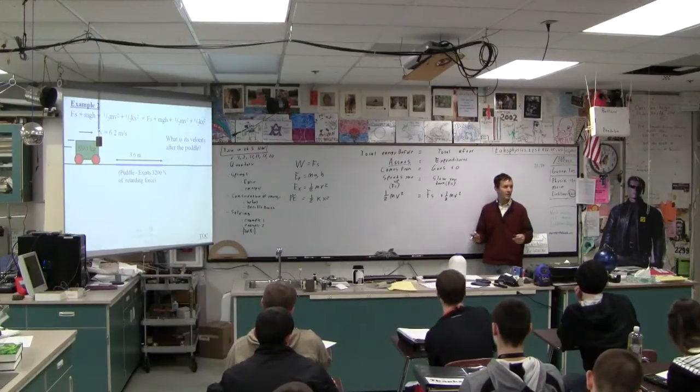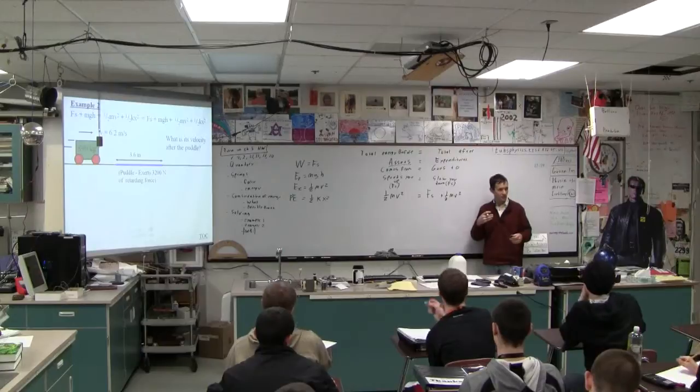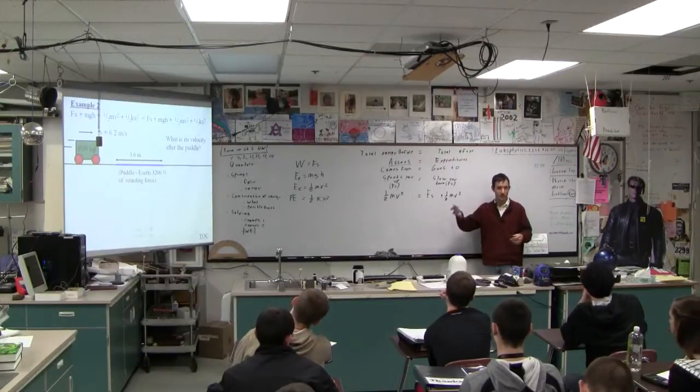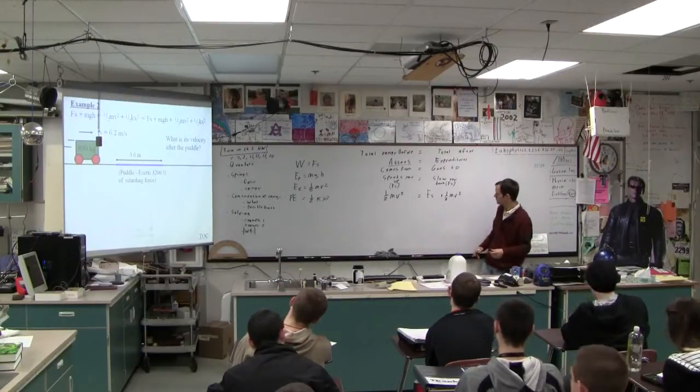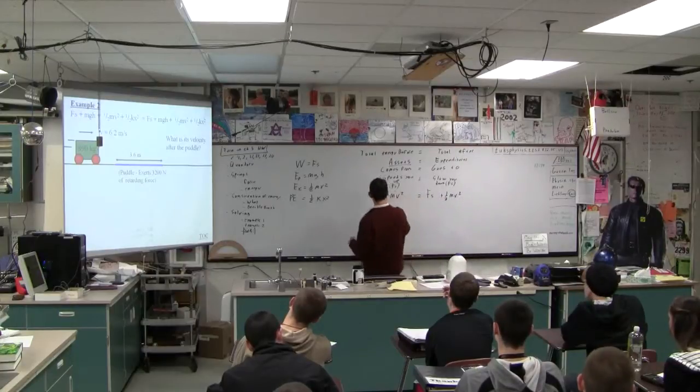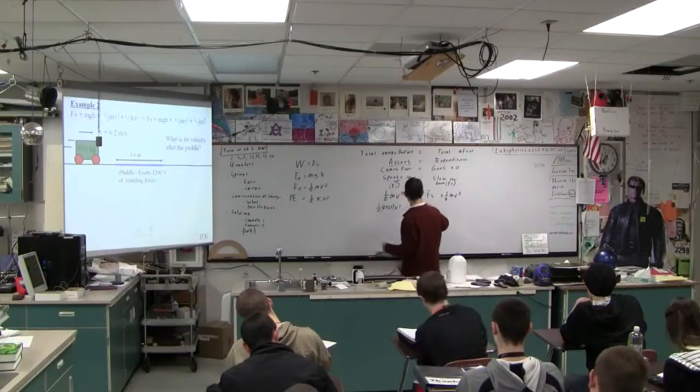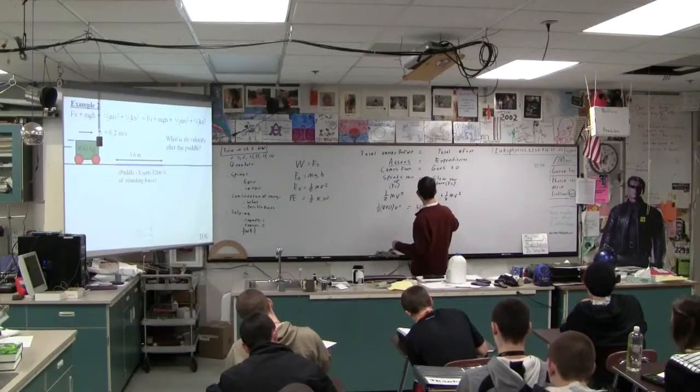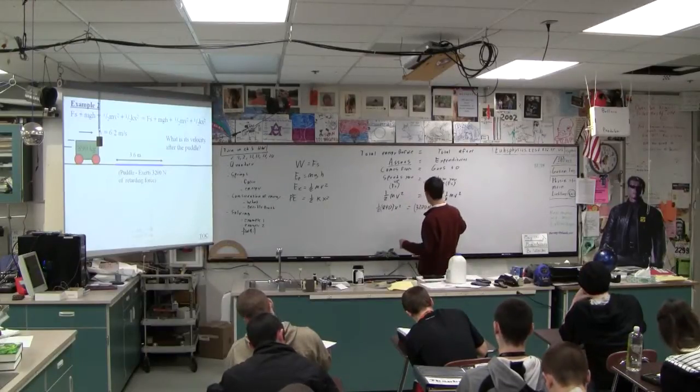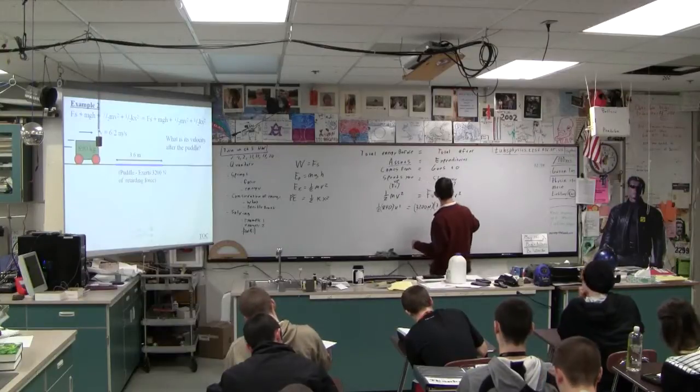Which means the more massive the car, the easier it is for it to go through the puddle, which makes sense. It's got more inertia. And now we can just plug in 1/2 times 890 times v squared is equal to 3,200 newtons times 3.6 meters, plus 1/2